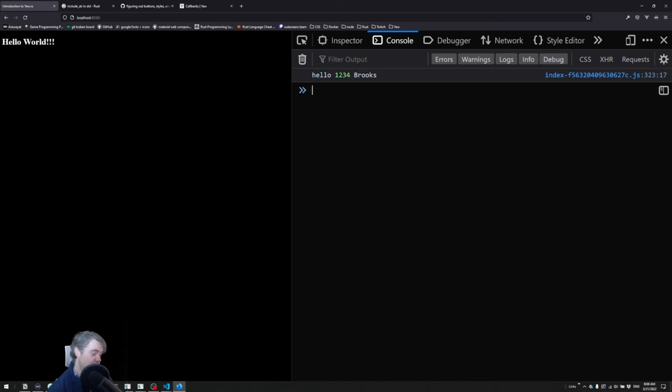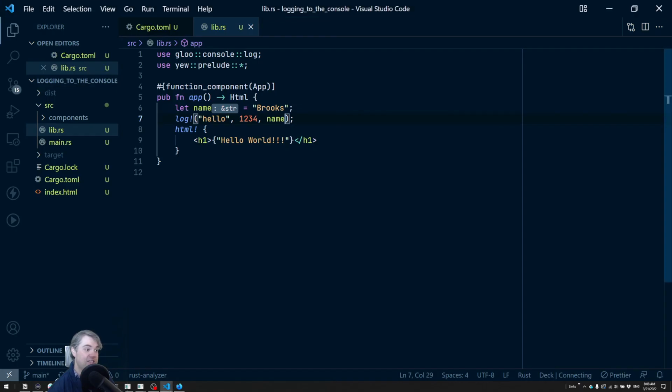This also is console logging out when this component is being mounted. So that's when it's happening. And because we can just write any Rust code inside of here before we do the HTML return, that allows us to do any kind of logic we want to do. Anyways, I wanted to show you how to do console logging because if you run into trouble, this is probably the best way to figure out